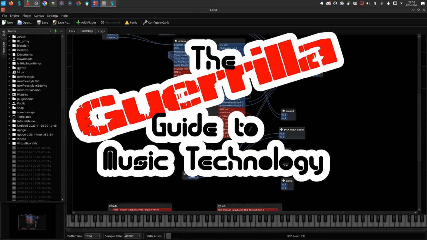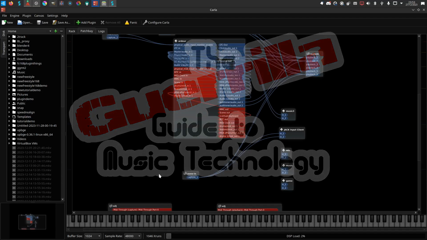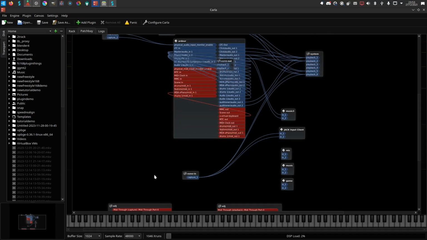So we're in a position where we've got a load of things set up and we're ready to start mucking about with some plugins to make it sound better, because that's how you do the majority of your work in digital audio workstations. You tend to use plugins to get a lot of the effects you want. So with that in mind,